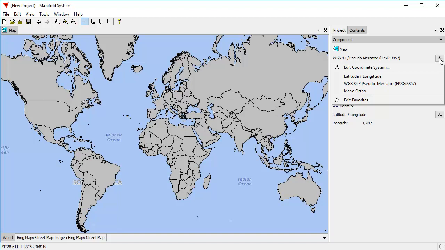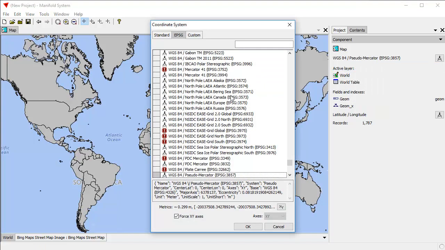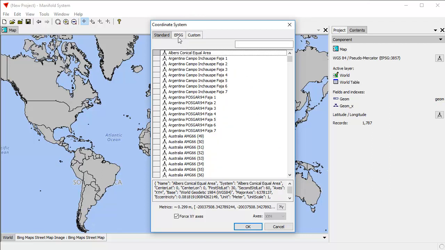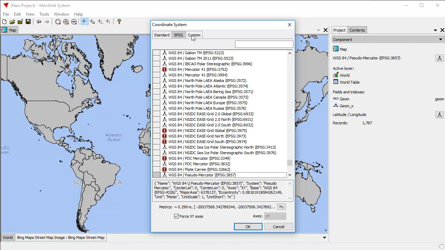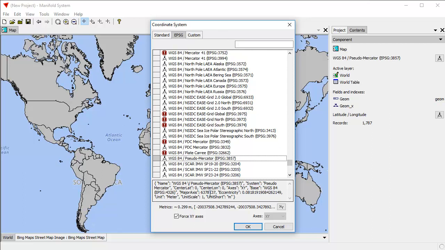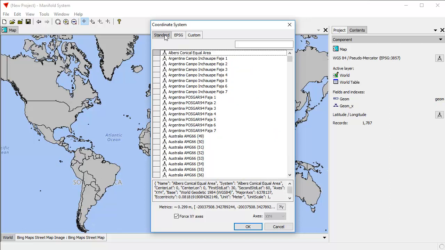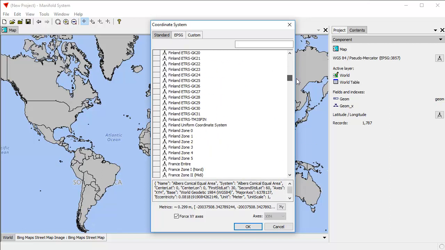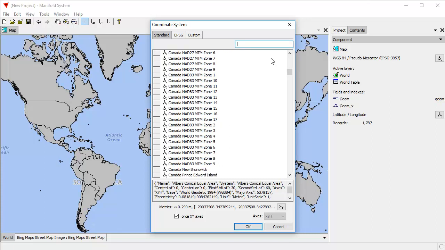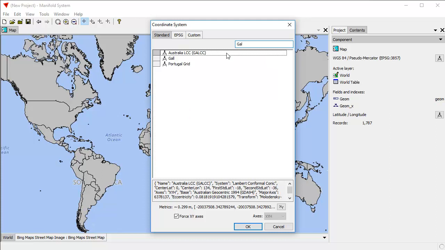We click right here on the coordinate picker button, choose Edit Coordinate System, and Manifold's huge coordinate system dialog, which has zillions of standard projections, over 5,000 EPSG projections, and the ability to set whatever custom projection you want, flies into action. It opens with the pseudo-Mercator projection set by default. We're going to change this to the Gall projection, and we can scroll down this long list to find it, or we can just enter GAL in the filter box, and all projections that have a GAL in them, case not relevant, will appear. So we can just click on the Gall, and that's it, and we just click OK,